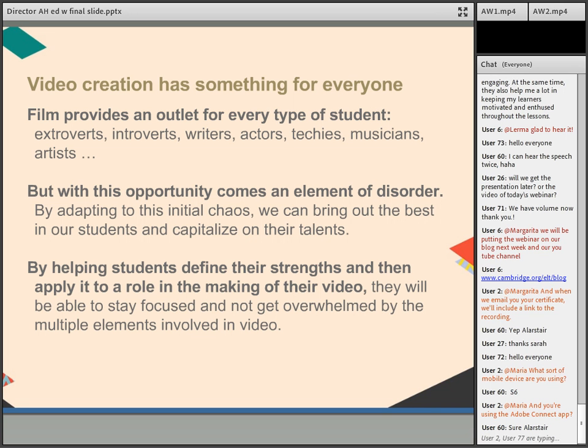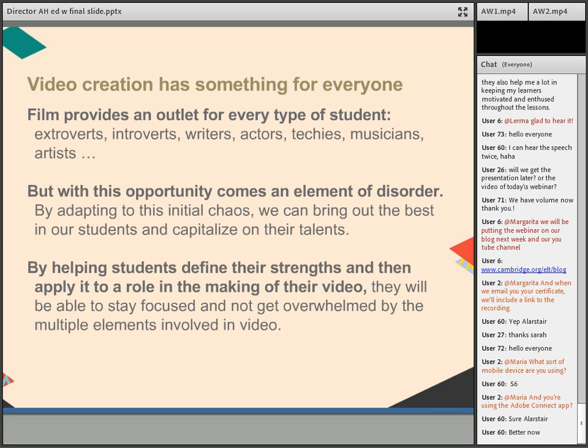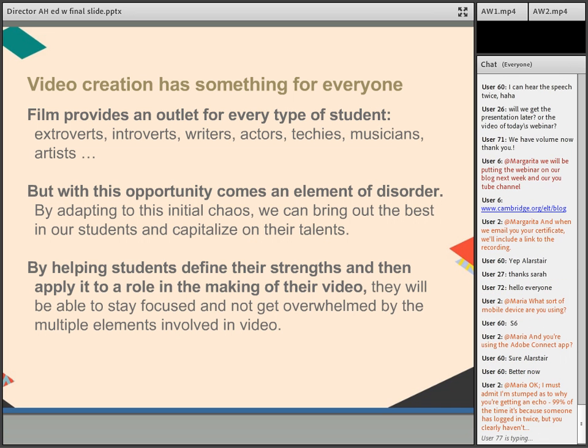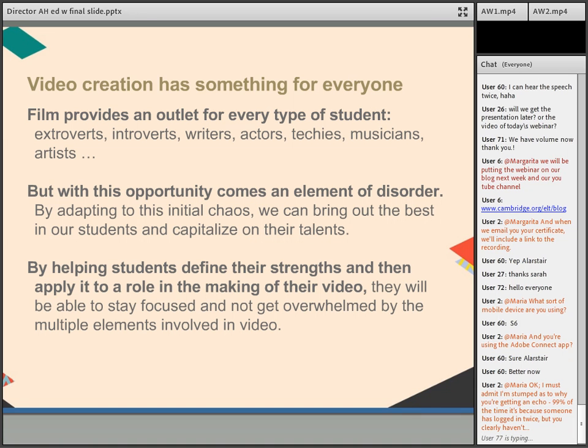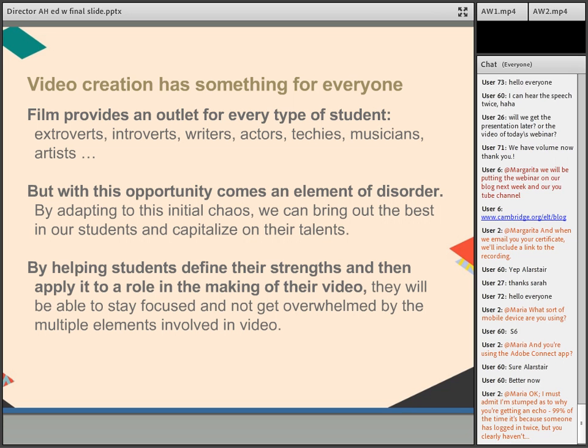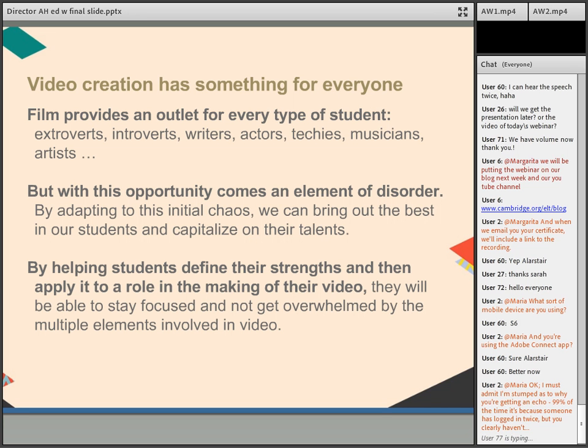Do be aware, as I've said, that there is this element of disorder, especially in the beginning, but not to fear, there is going to be a pattern to the chaos. It's just a matter of trying to organize your students well. And I'm going to be giving you the steps to how to do that to limit the amount of chaos and disorder that's happening when you first begin. This is going to have a lot to do with them taking on a role that they feel confident with, and also giving very specific time slots in your lesson planning to work on video.